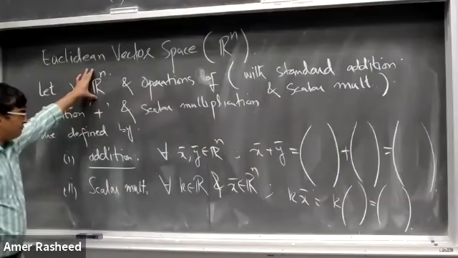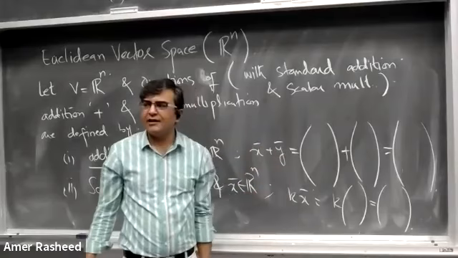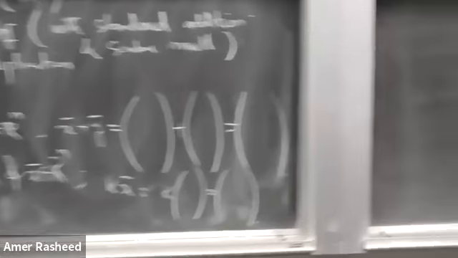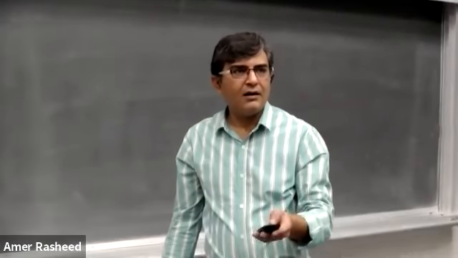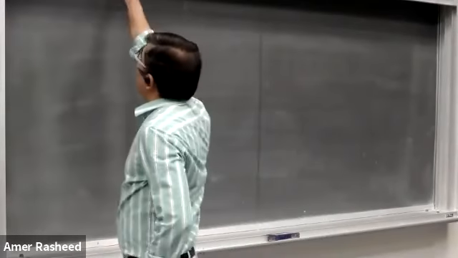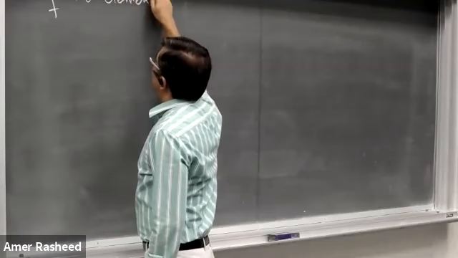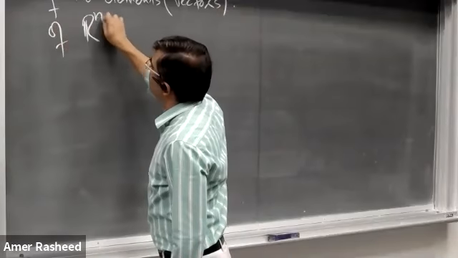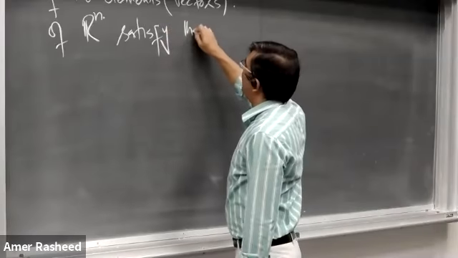Now, if the elements of this set, along with these two basic operations, if the elements of Rn, which we call vectors, satisfy the following